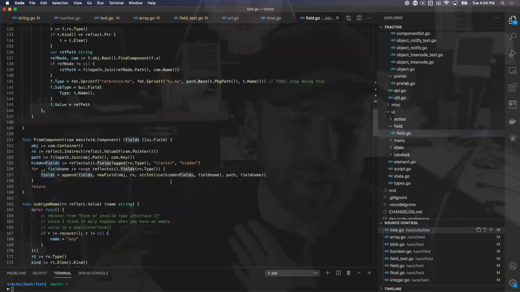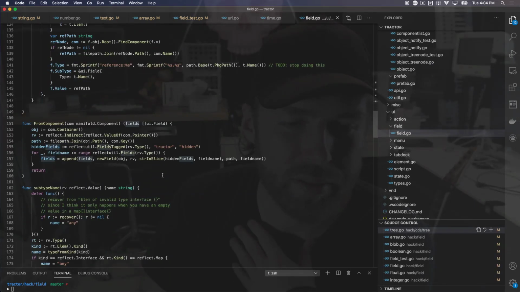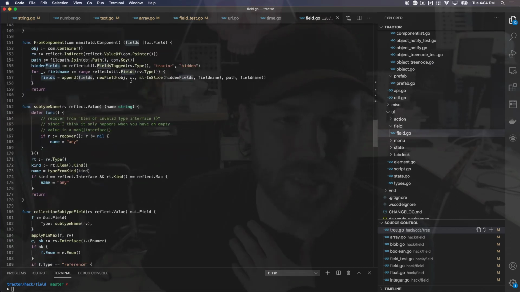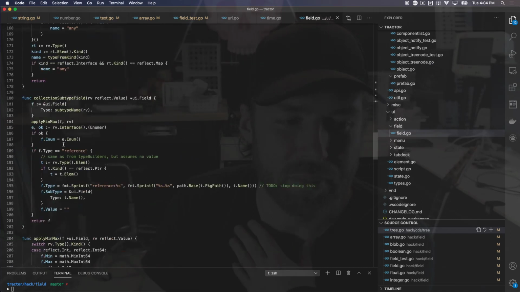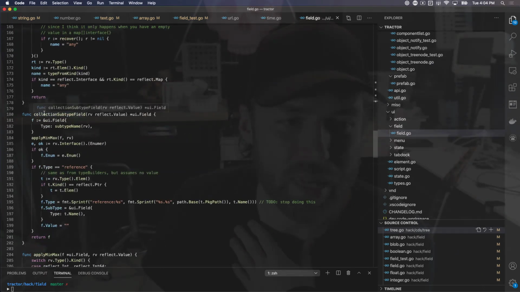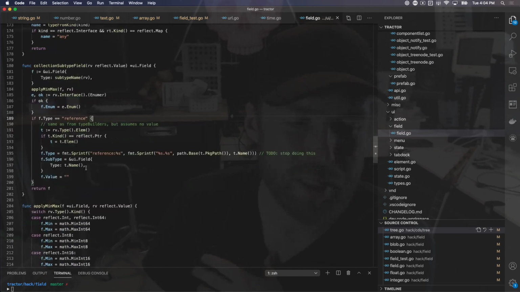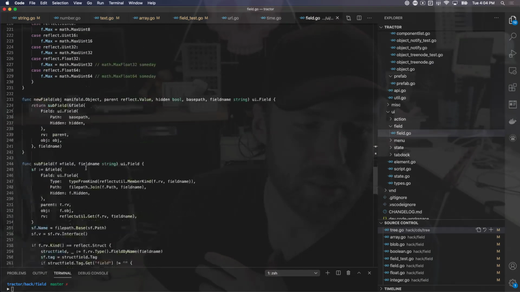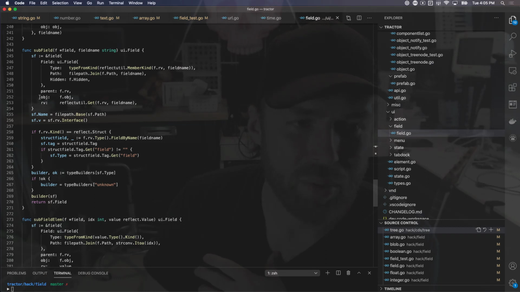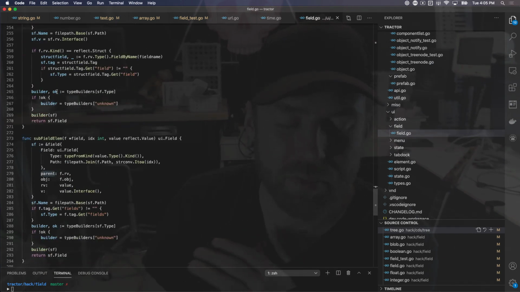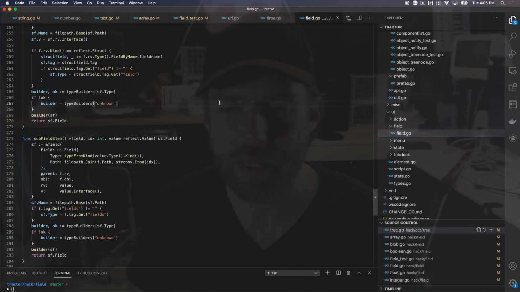Anyway, I mean, look at this mess. And then from component, we have to do kind of a nested, I don't even know what I mean by collection subtype anymore. I guess it's a subtype that's a collection, so it does something different here, but it also does something with references, so it's just not a very clean thing. And we've got pointers to the reflected values of things and the reflected types of things, and we have to have references to the parent because of tree stuff. So, kind of simplifying, decoupling things, and trying to solve the same problem,